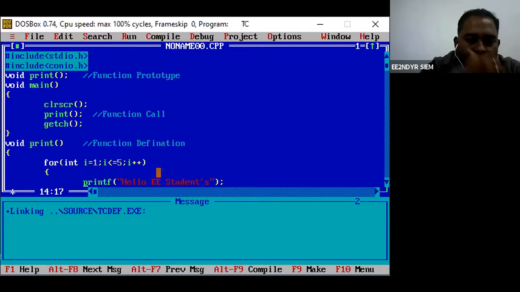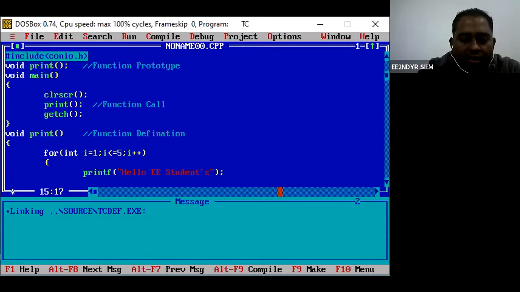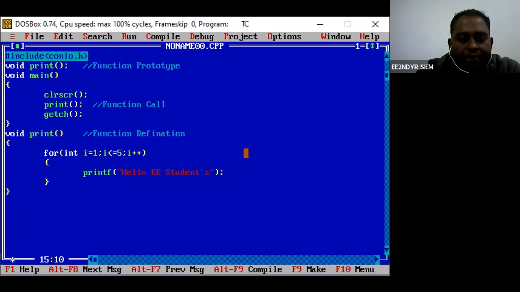Okay, and here you just use these curly braces. If there is a single line of statement, there is no need to provide the curly braces. But if there is more than one, then you have to include these curly braces. See, it's a very simple program. These are the things you have seen in the previous program also, that there is a function prototype.